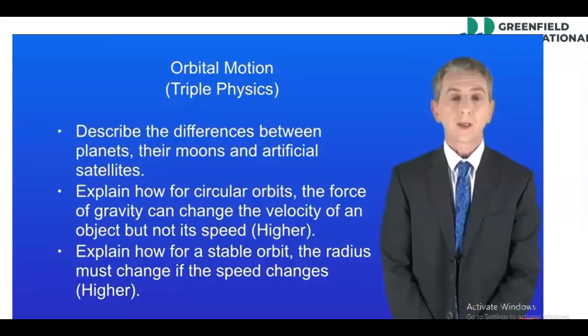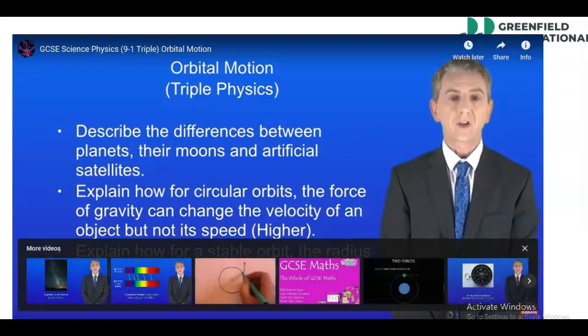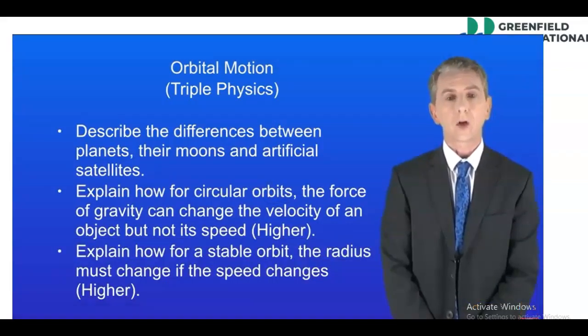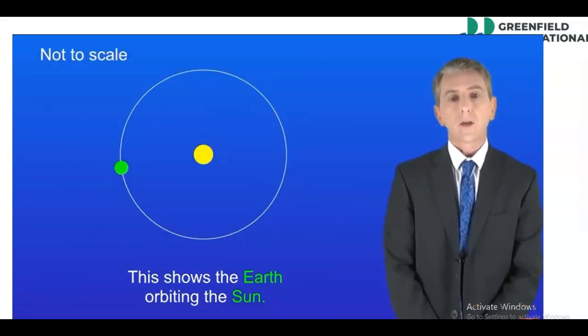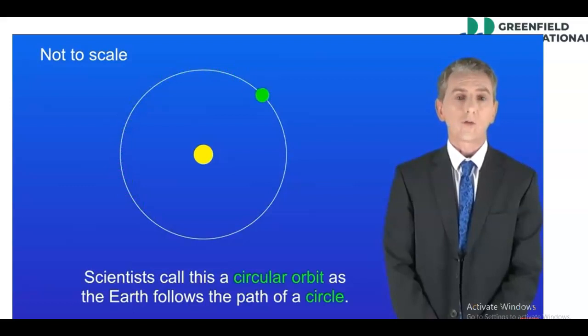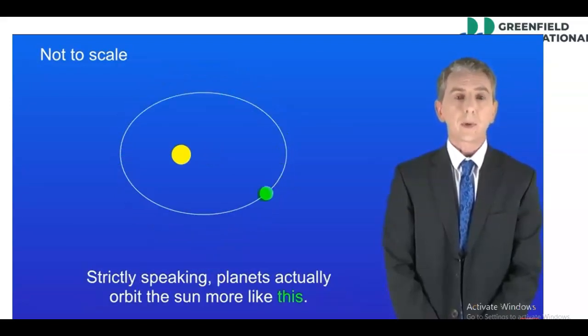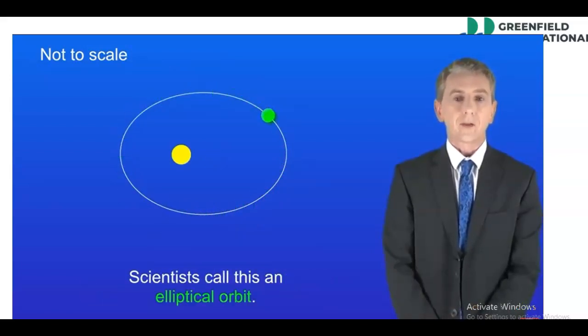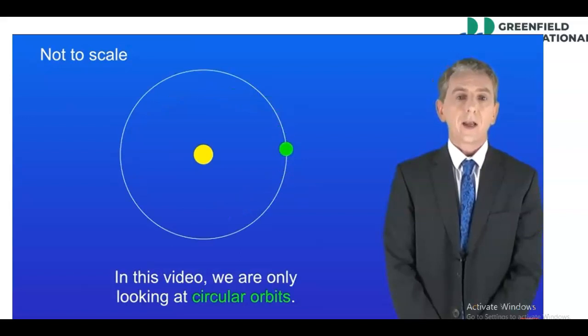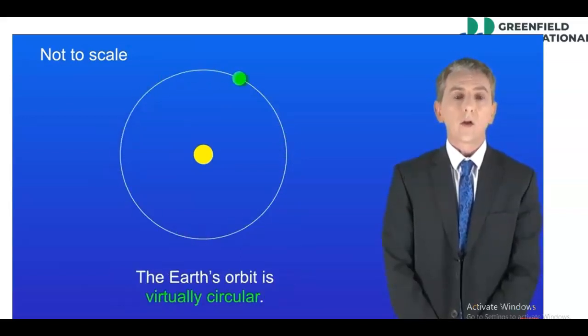By the end of this video, you should be able to describe the difference between planets, their moons, and artificial satellites. Okay, I'm showing here the Earth orbiting the Sun. Scientists call this a circular orbit, as the Earth follows the path of a circle. Now, strictly speaking, planets actually orbit the Sun more like this. Scientists call this an elliptical orbit. However, in this video, we're only looking at circular orbits,